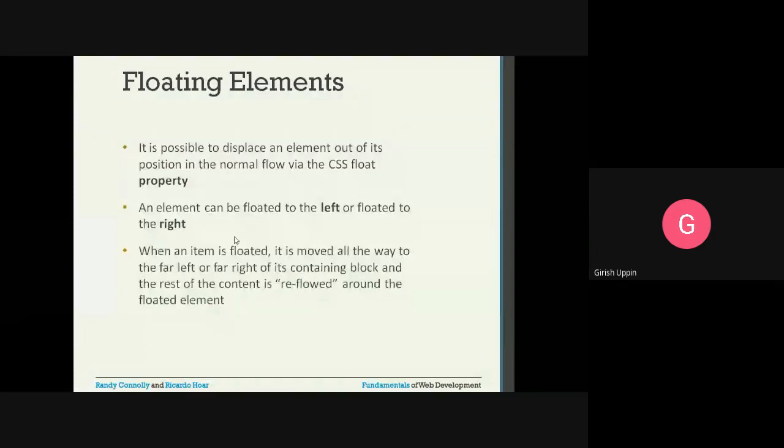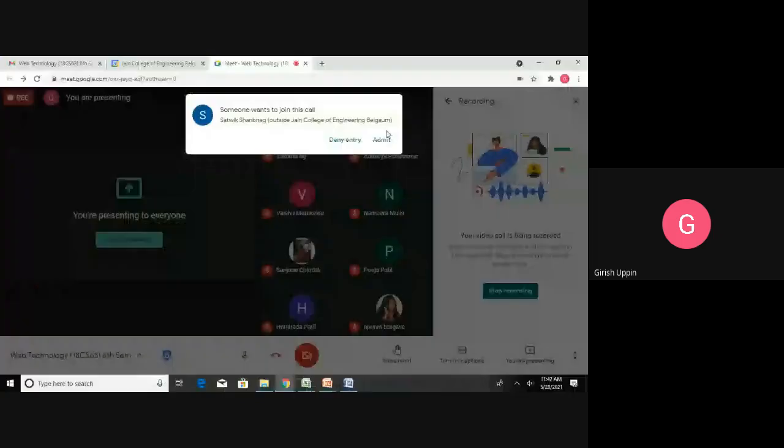So if you specify a certain element as float left, it will flow to the extreme left of the particular container, and the other elements will reflow inside that particular block.